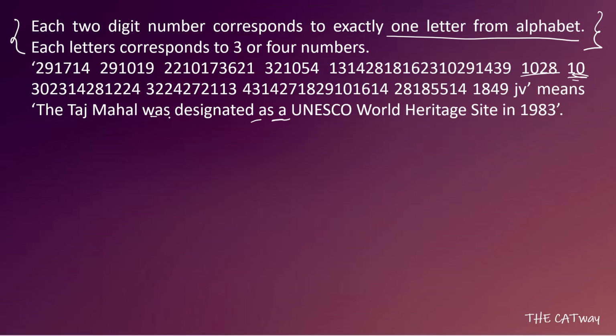Now we have WAS, and for WAS we have 32, 10, 54. And we have WORD. For WORD, we have 32, 24, 27, 21, 13. So like this, you can go directly by observation. No need of writing everything. With these 4 or 5 values, you will be able to solve all your questions, because not much has been asked. When you go through the question, you will see that.